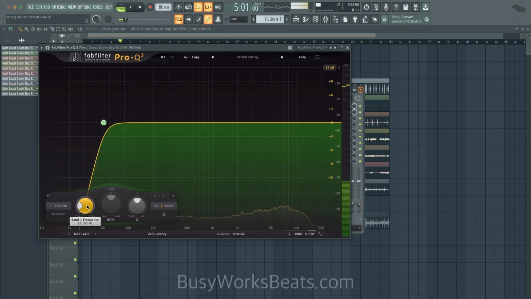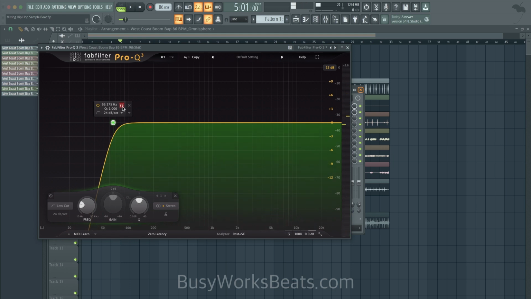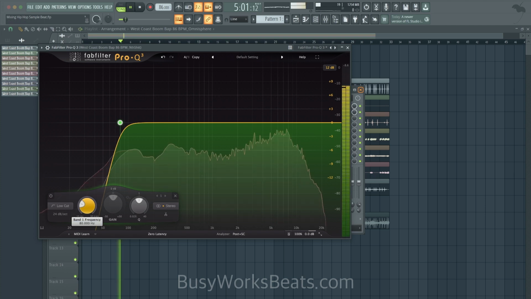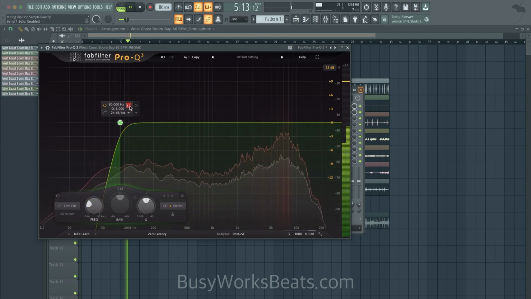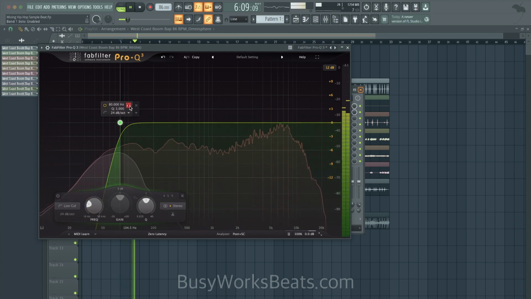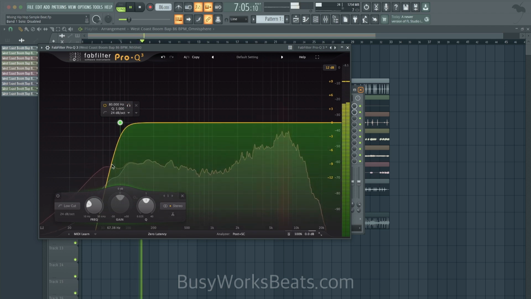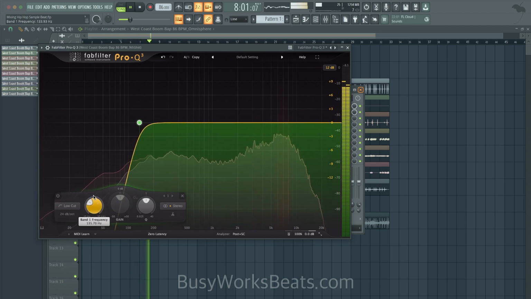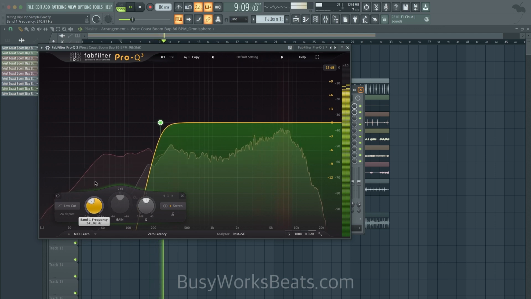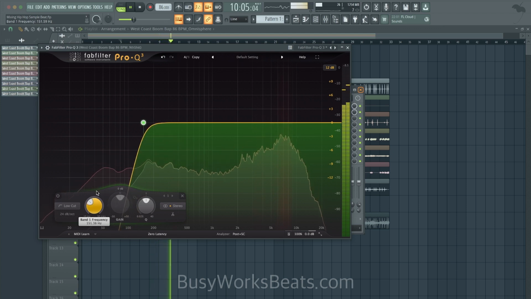So this has a lot of low end in this hi-hat. Now we do want some of the mids because that gives it its character, but we don't need the low frequencies below, let's say 80 hertz. There was a whole kick in this sample. So let's see how much we could take out without losing the character. So right about 200, you start to lose that character of the hi-hat.